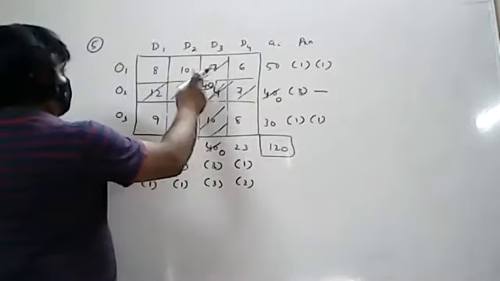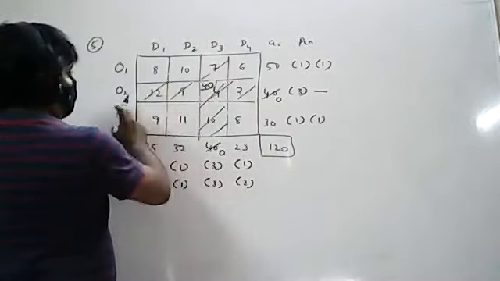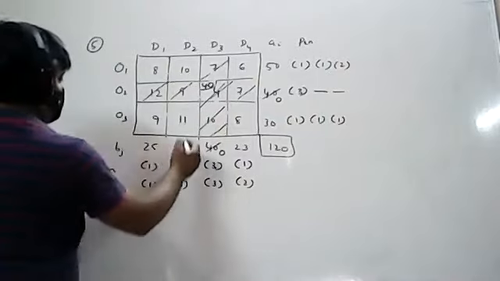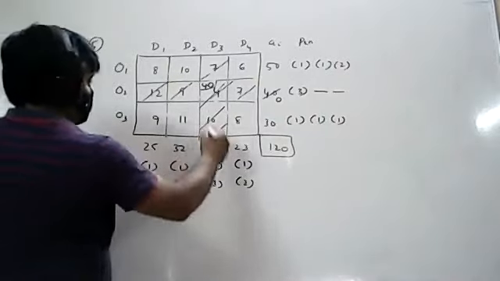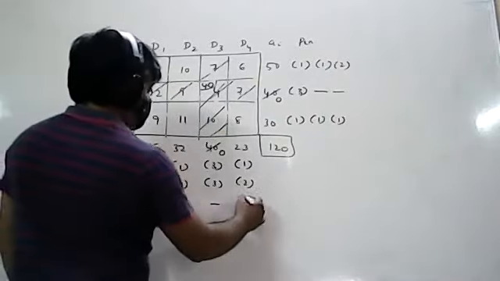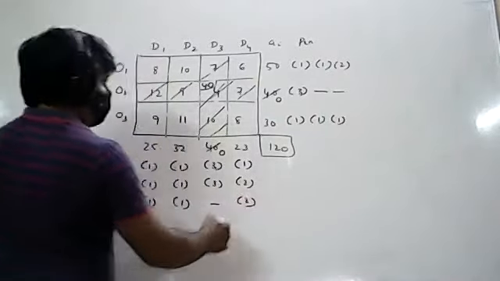Next, repeat the procedure. That means you have to calculate again. This column is cancelled. So 8 to 6, the minimum difference is 2. Second row is cancelled. Third row, 8 9, difference is 1. Similarly, repeat for columns. This is 1. This is 10 11, that means 1. Third column is cancelled. This is 2. Go for the highest penalty among rows and columns.